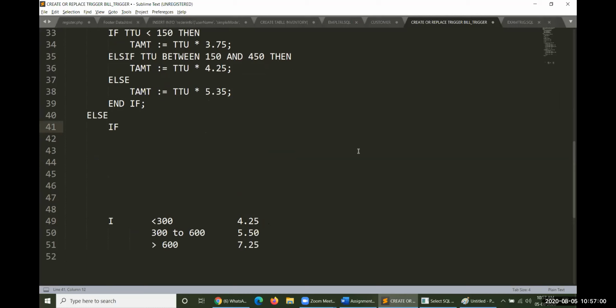So if TTU is less than 300, then TAMT will be equal to, what is the amount here? TTU into 3 rupees.